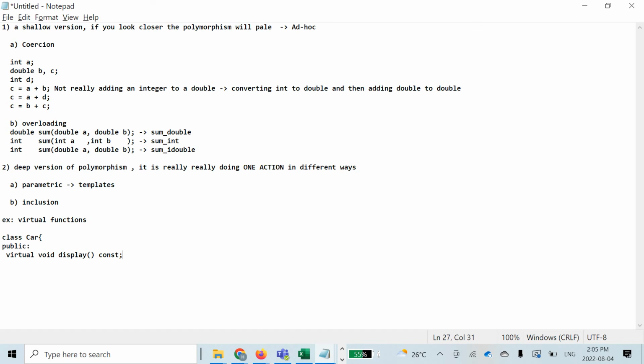And if we had another class derived from this, let's say class EV, because I like electric vehicles, that inherits basically from class car,